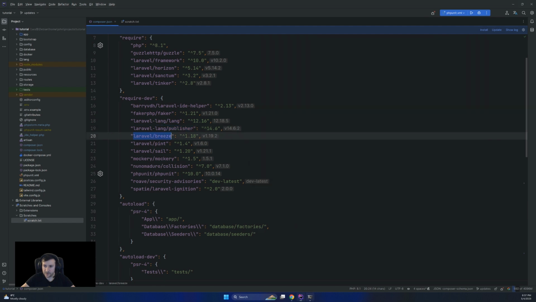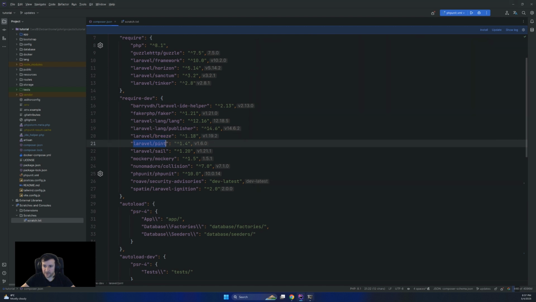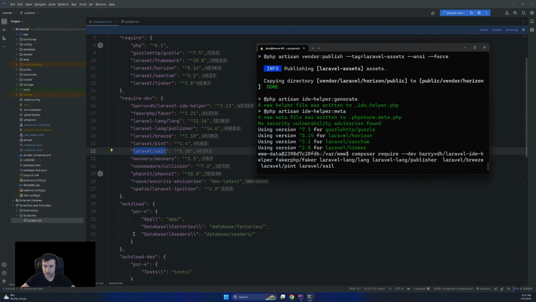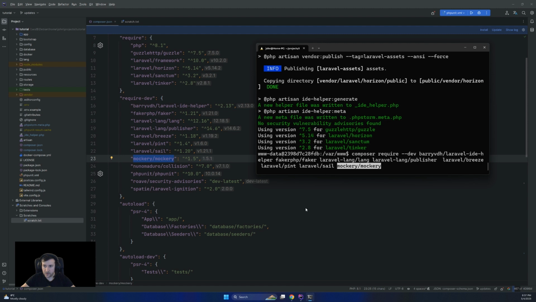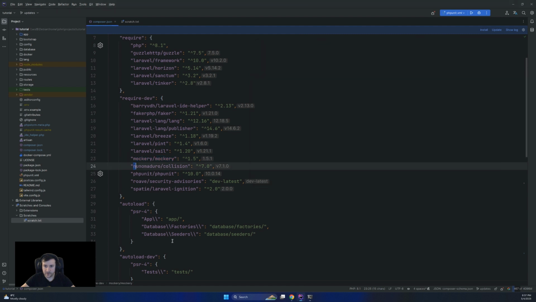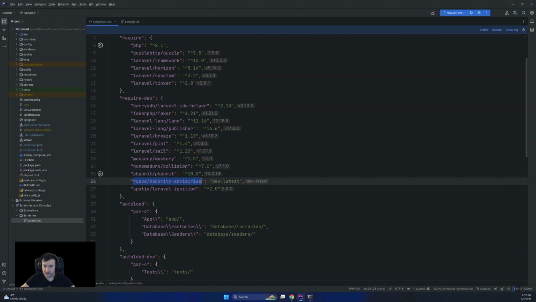And for the ones that I want to lock to a specific version, like the case of Roave, that will be the Roave security advisories. For that one, I want the dev-latest version as it is right now.